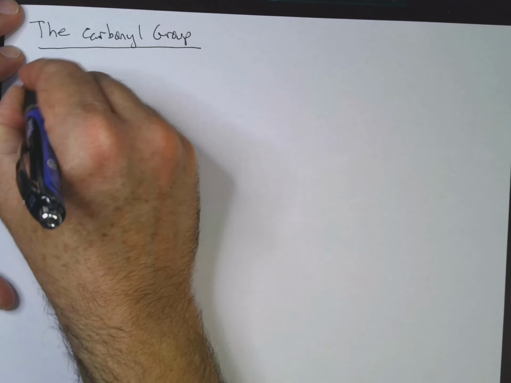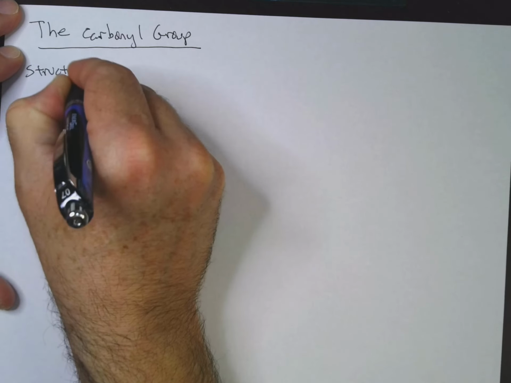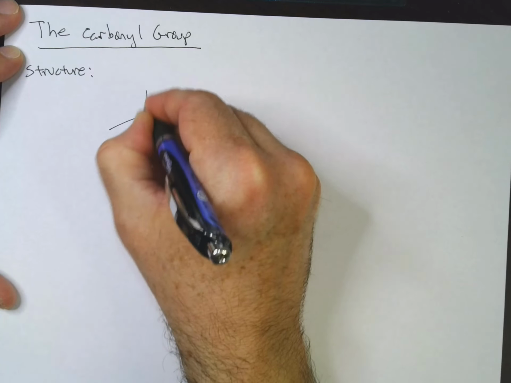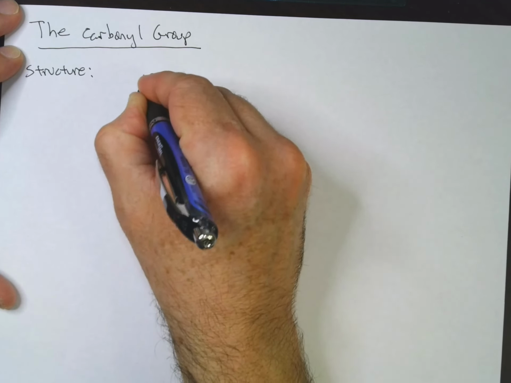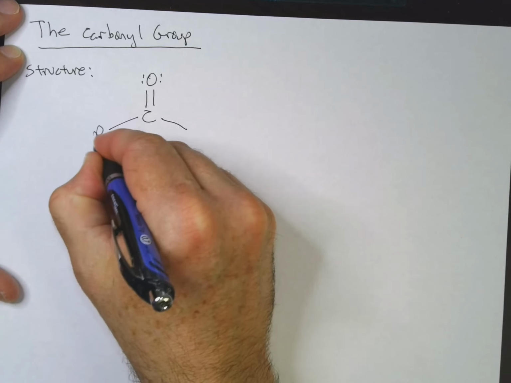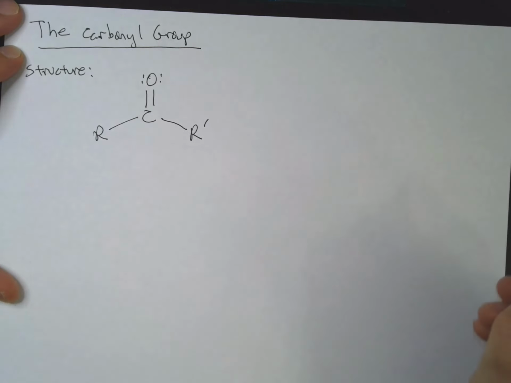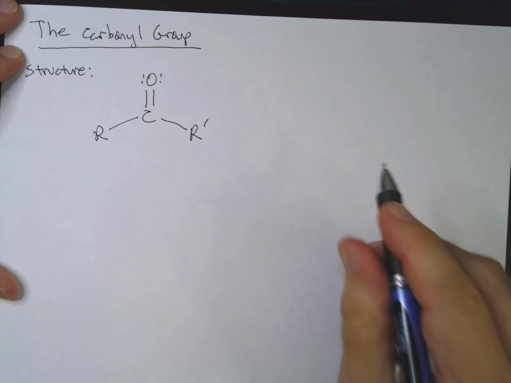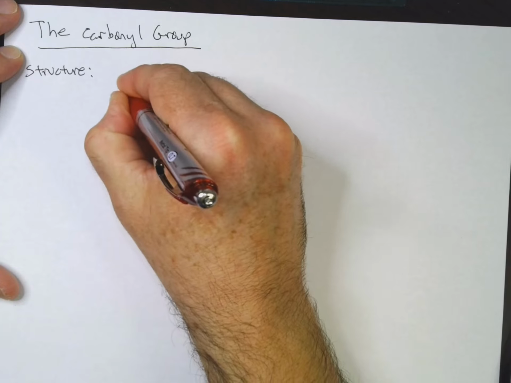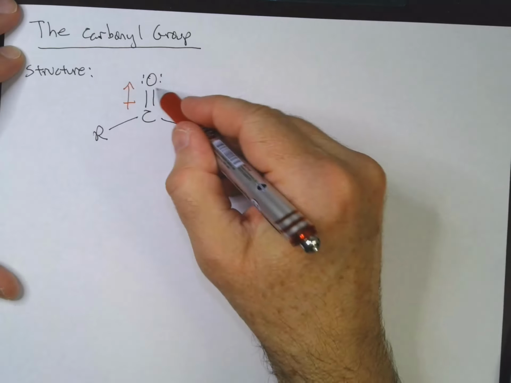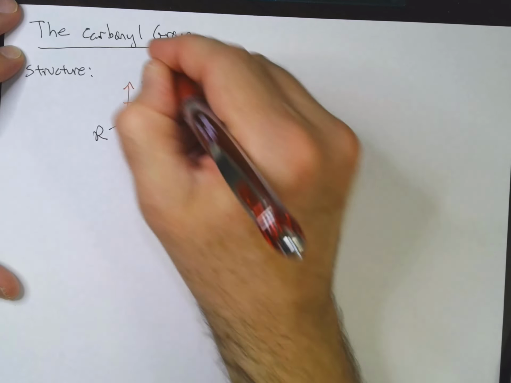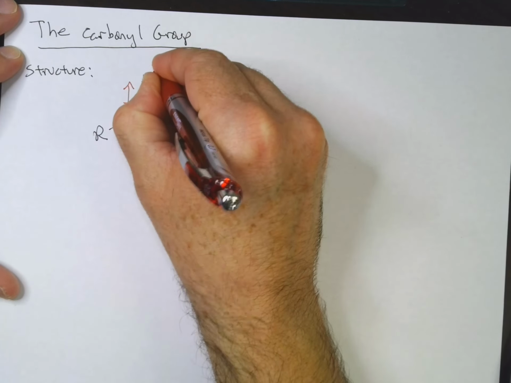So first of all, structure-wise, all right, so let's go ahead and I'll just put some substituents there. One important thing to note here is that we have a polar bond. Oxygen's much more electronegative than carbon, so we have a delta plus at the carbon and a delta minus